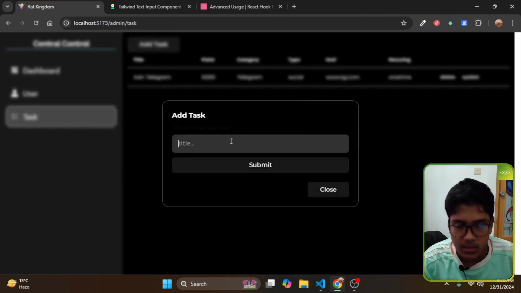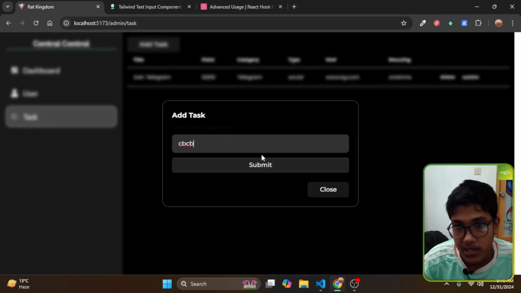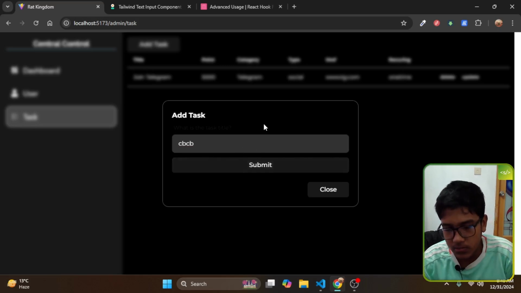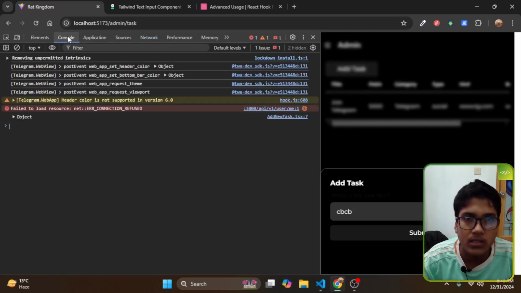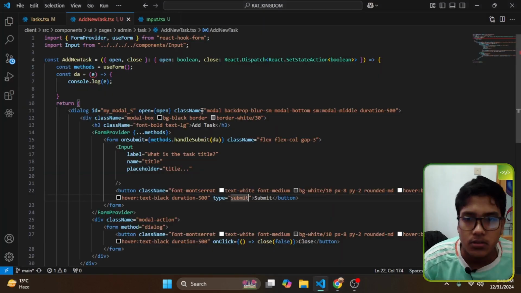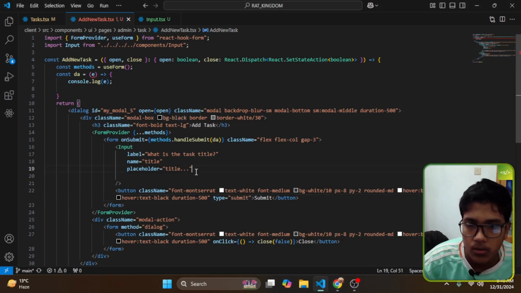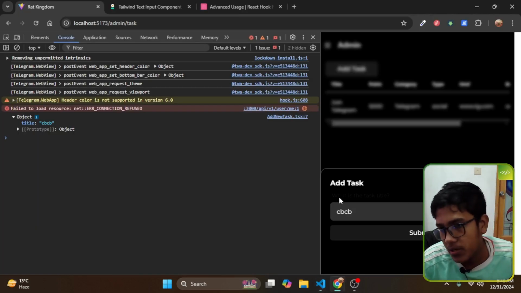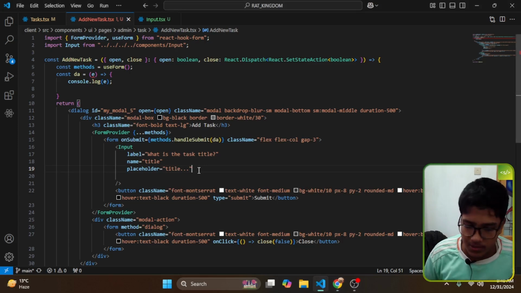Okay, so you can see here I have something like title, so I just click on submit, and in the console log I just need to check if there is any value. Yeah, there is a title and the value. Well done. So what I need to do now, you cannot see the placeholder, right? So I need to add a placeholder